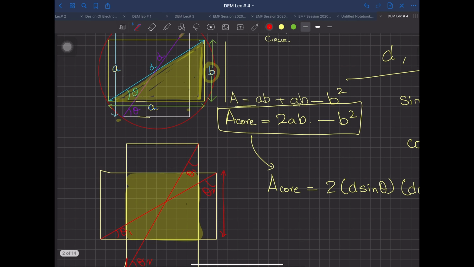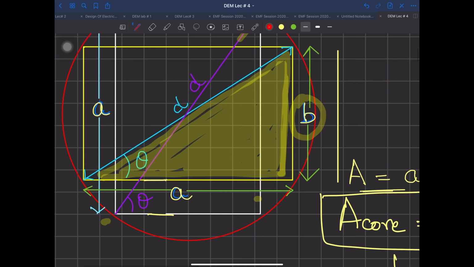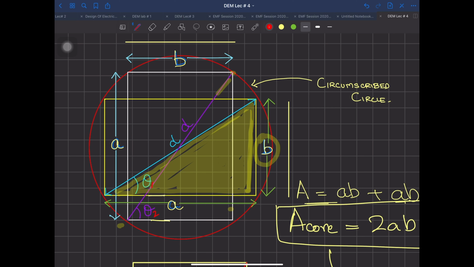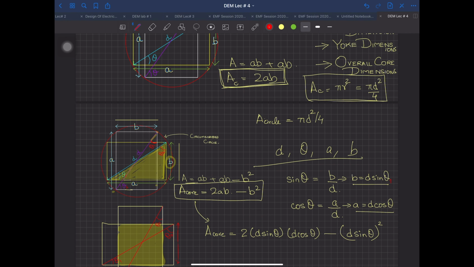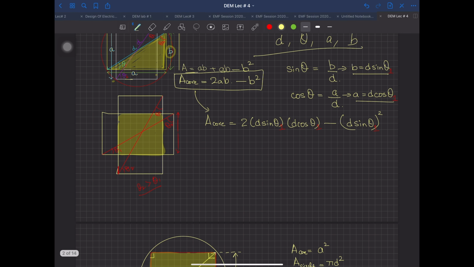Exactly. So this one, if I correct it, this one is theta 1 and theta 2. And if I'm going to go for the second triangle, this angle is going to be theta 1. And similarly this angle is going to be theta 2. So what I am using over here in this equation, let me rephrase it. This is theta 1 being used over here. Got it? Everyone on board? Okay, let's do the mathematics of this one.